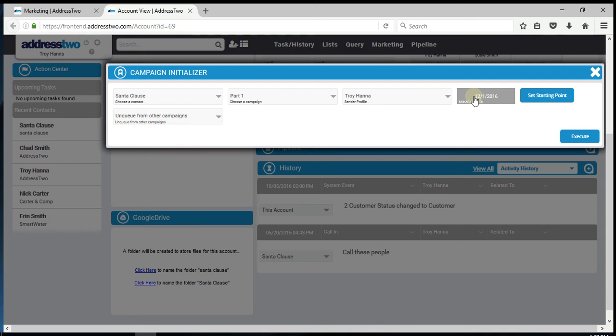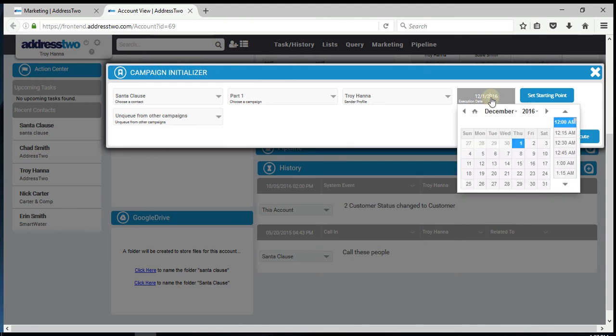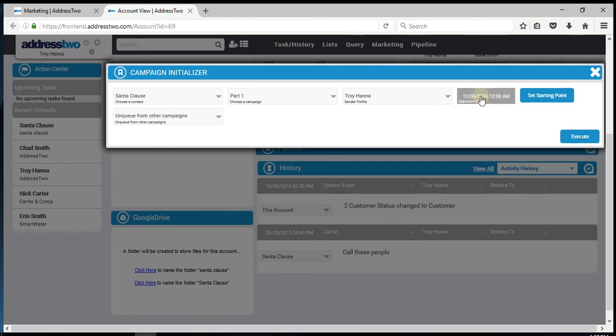So in other words, we had set that part 1 email to go out 0 days after activation. So if I set this to 12/1, that email will go out immediately. Maybe it's Friday or Saturday, and I don't want that to go out until Monday. So I then can schedule that campaign to kick off on Monday. And then I can also, at this point, this is my prospect campaign, let's say, and then I also have